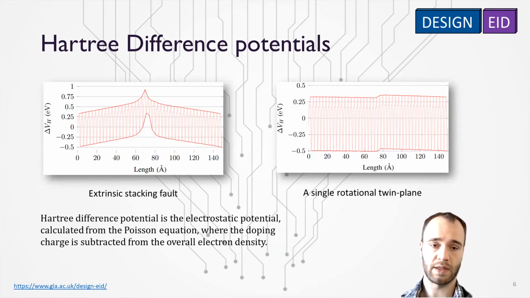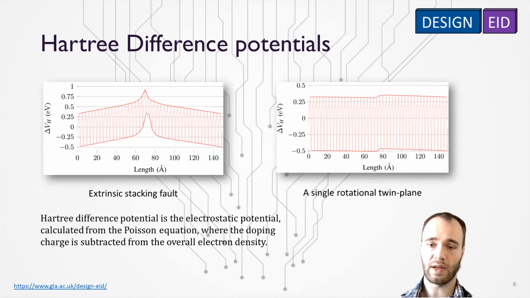So in these graphs, I'm showing you the envelope outlined in red. This is just because it makes it easier to see the perturbance caused by the defect. The actual potential is what you see in between the envelopes, which is highly periodic, with a periodicity corresponding to each atomic layer in my simulation system.